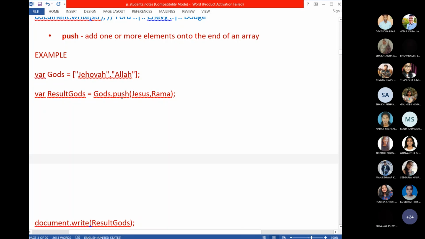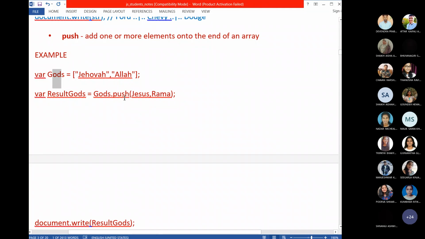What is this method? Which object does this method belong to? Array object. So gods is an object name. Dot push is a method of this object, a method of the array object. What is the name of my array object? I created it in the previous step: gods. So gods is an array object name.